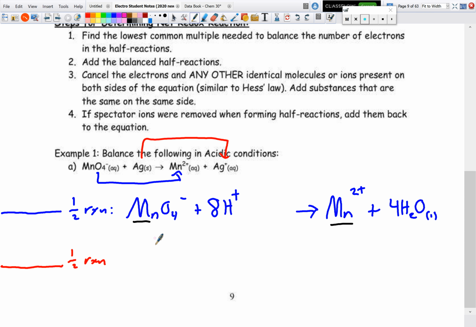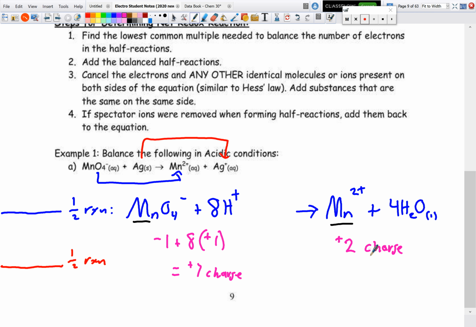So we got MnO4 minus, so we have one of those, and it has a -1 charge. Now we have 8 hydrogens that has a +1 charge, right? So the total charge on my reactant side right now is a +7 charge. On my product side, I have Mn2 plus, and I got 4 H2O. Now water does not have a charge, but my manganese does. So I have just one of those, so I have a +2 charge